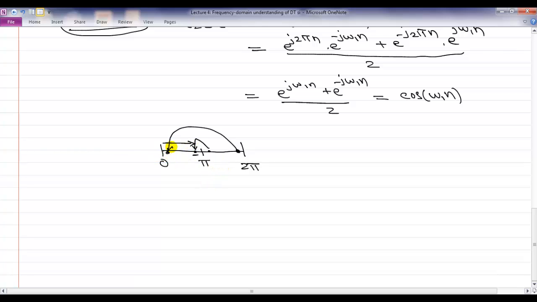So the frequency near 0 is a smaller frequency, but a frequency near 2 pi is also a smaller frequency. Okay? And the reason follows because of this periodic property of the discrete time frequency. So the first difference that I explained and this, they are related to each other. Okay? So what happens in the discrete time world is the fundamental if you want to really talk about frequencies.